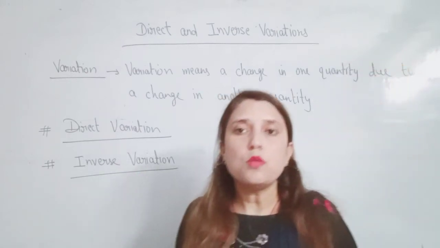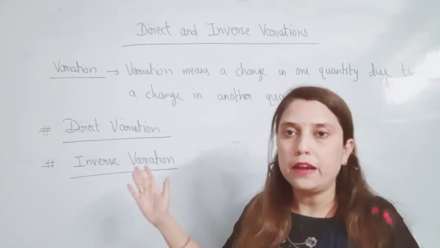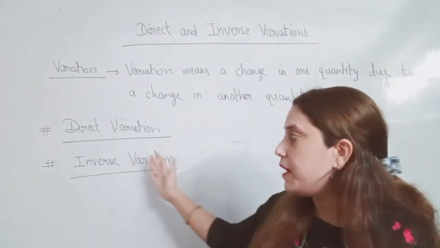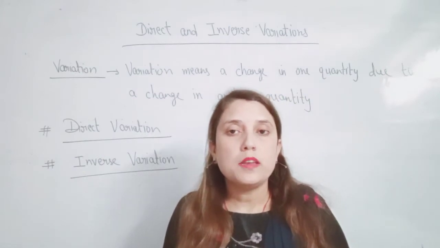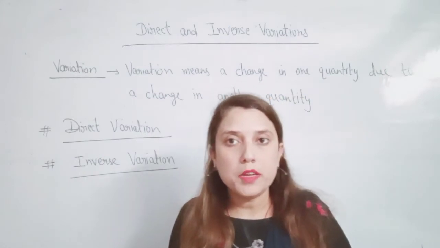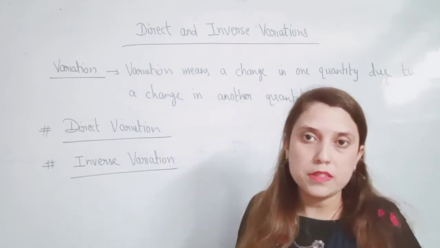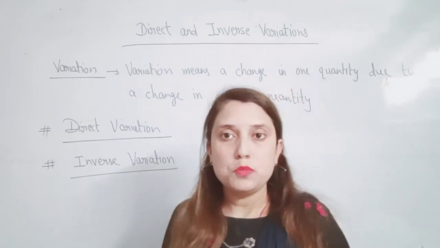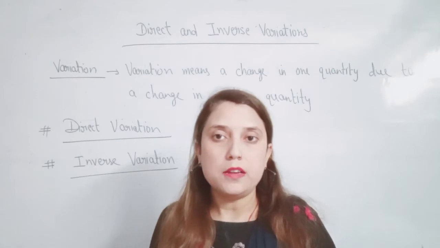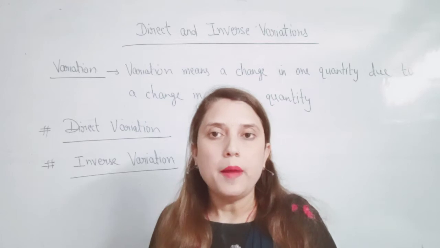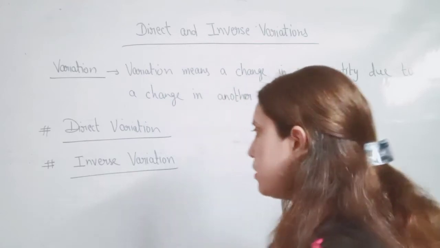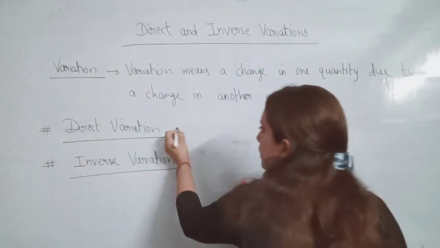There are so many methods to solve direct variation and inverse variation questions. The first one is the unitary method. You have already done this type of question in class 7. And the other, which is the easiest way, is the arrow method. So how to solve the question by the arrow method? Let's see. Suppose the same question of direct variation.